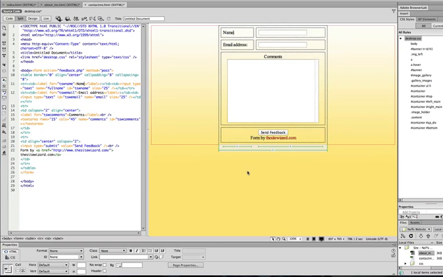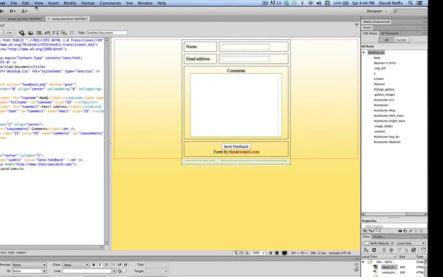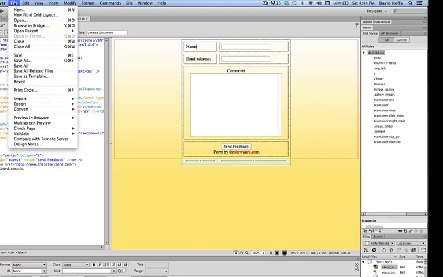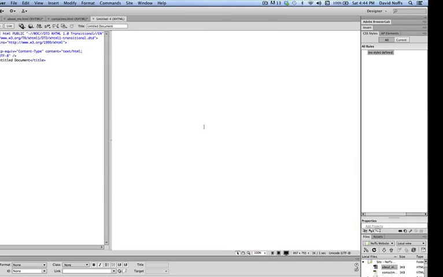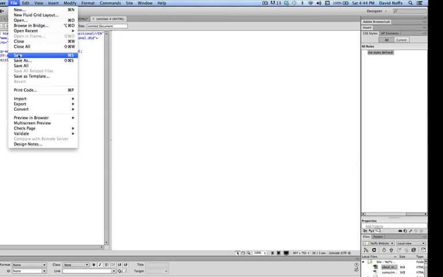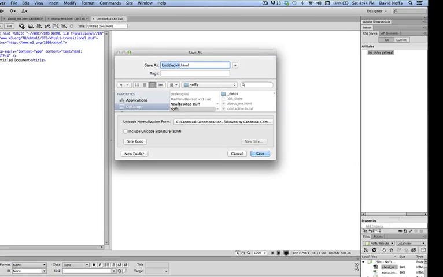So this is the feedback form. Now I also have to create the other two pages, which is the thank you page and the error page, and then we have to upload it and test it. So I'm going to go to File, New, HTML, click Create, and I'm going to save this page as